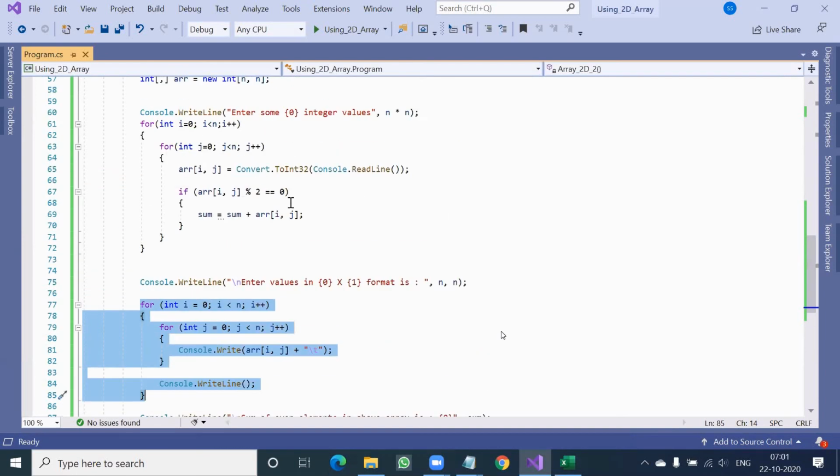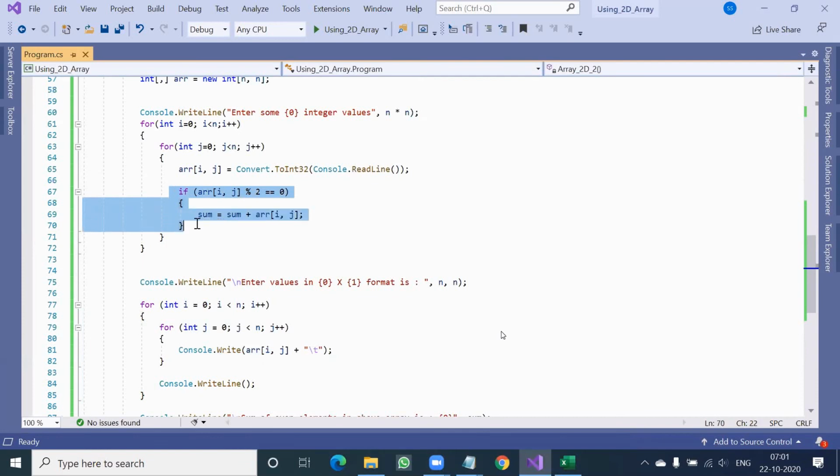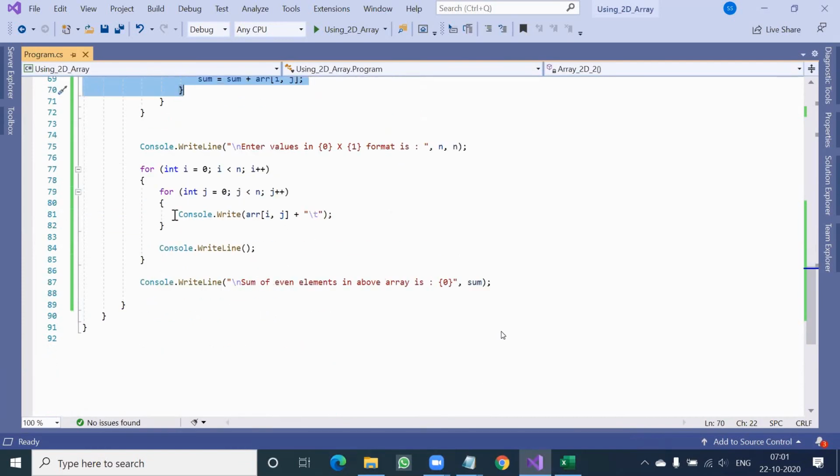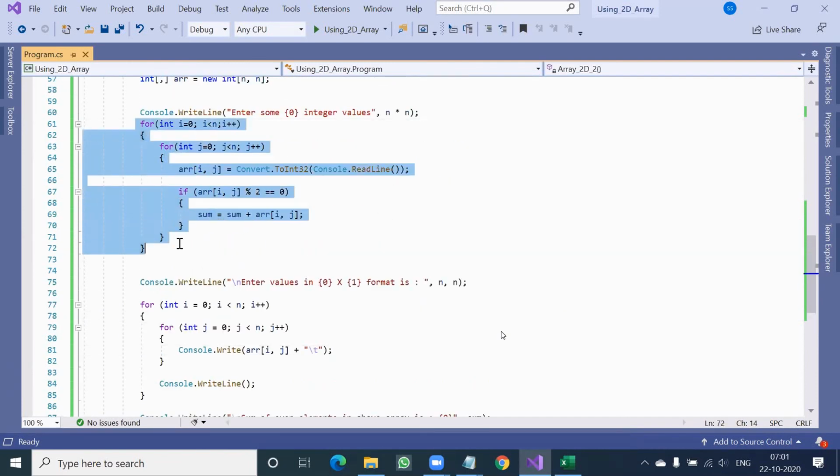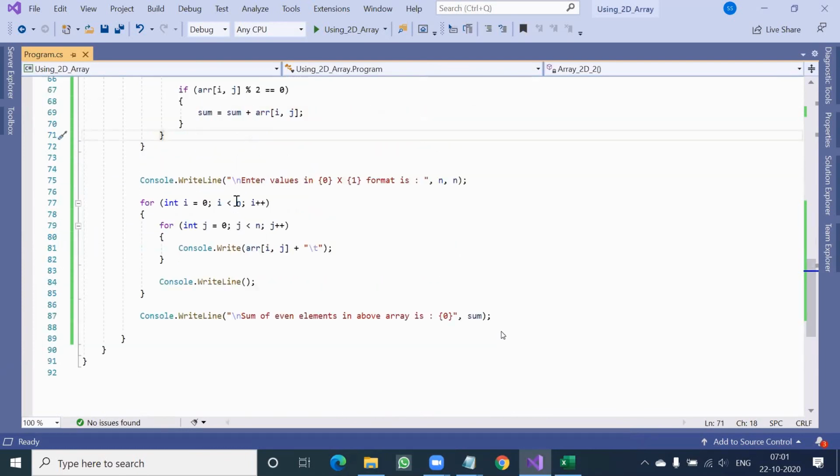Any one place. If you want to take this if condition and sum somewhere here, that is also fine, no issue. Whether during acceptance itself you check the condition and add it, or you accepted everything and during displaying you check the condition and go on adding into sum, not an issue.